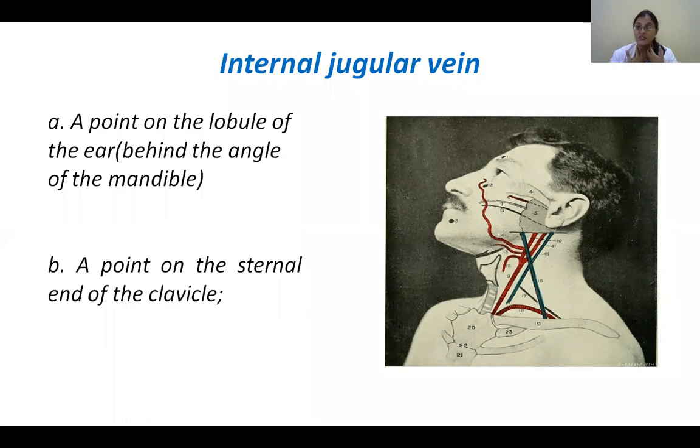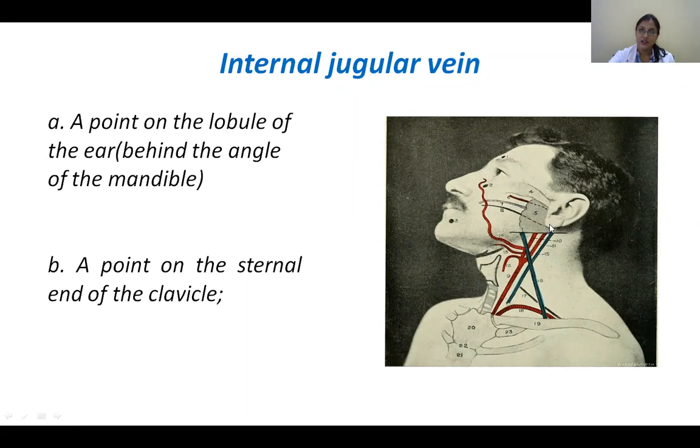So these are called your central veins, because sometimes when the peripheral veins are not accessible for passing any catheter or sending fluids or medicines, then usually in the ICU setup, the anesthetists are called in to give a central line. That is, the central veins, your internal jugular and subclavian vein, are used, and the catheter can go into your right atrium also. So that time also it is used. So you should know the internal jugular vein and subclavian vein.